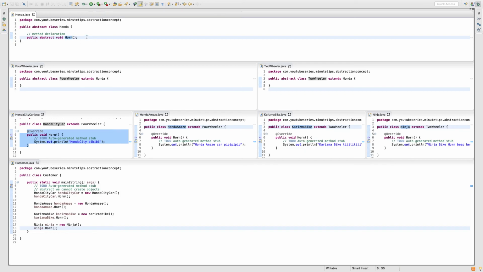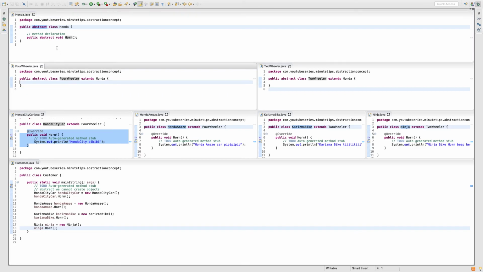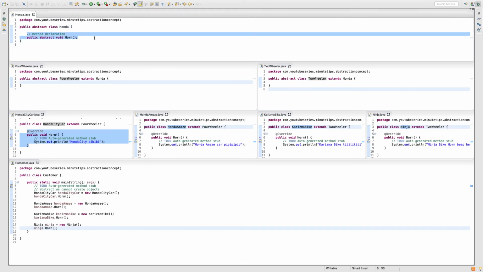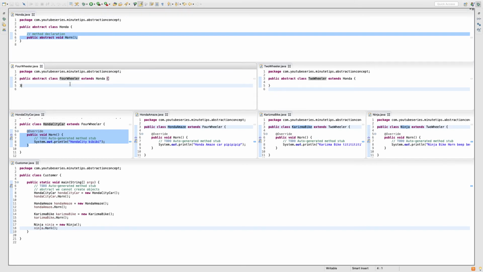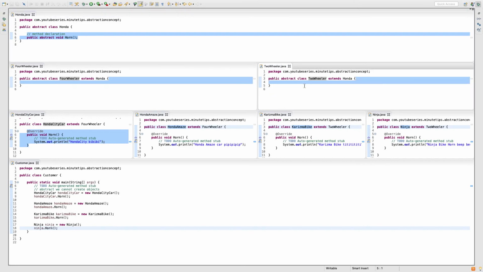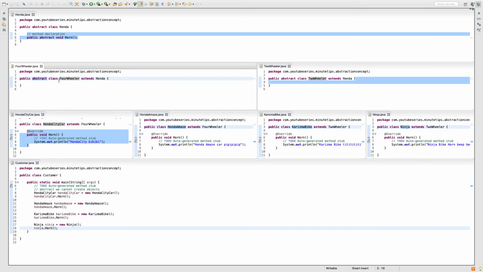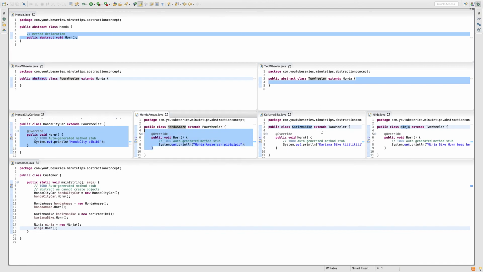So what I did, I made an abstract method, so my class became abstract, and then it forced my child classes to implement that abstract method. Again my problem was not solved, so what I did, I made those child classes abstract and implemented the abstract method in their child classes, that is Honda City and Honda Amaze, and on the other side Charisma and Ninja.